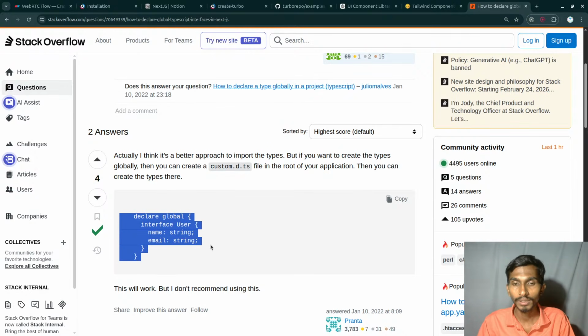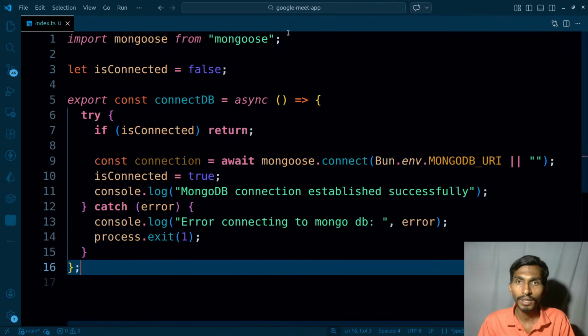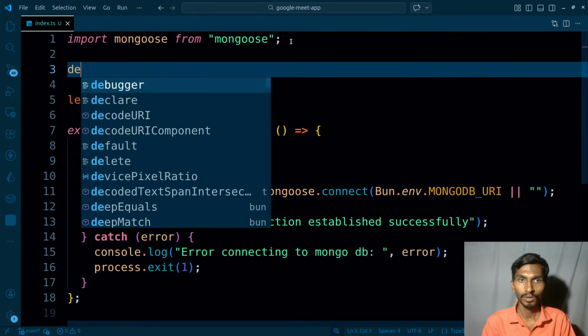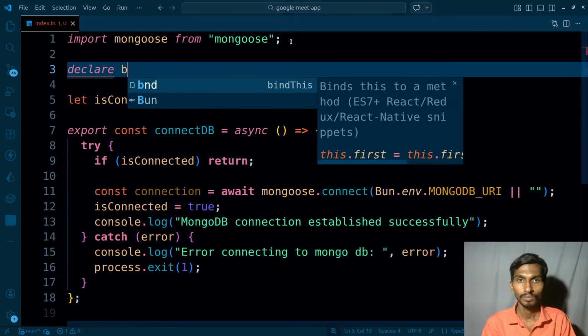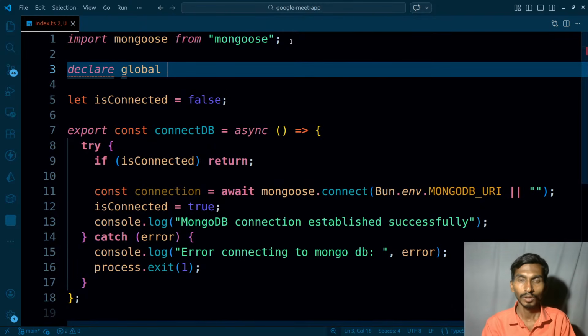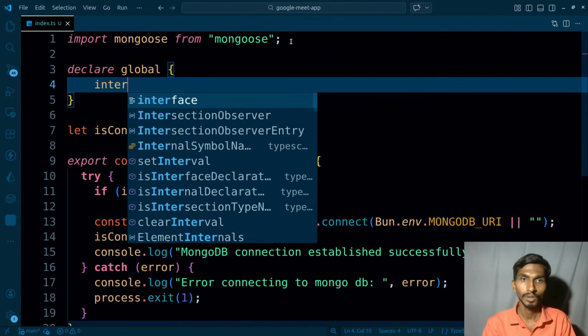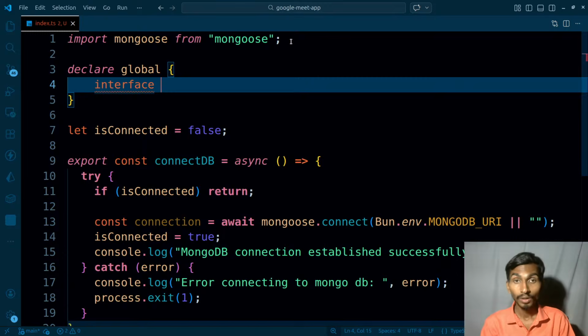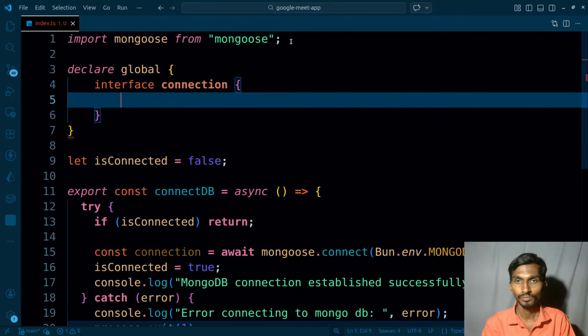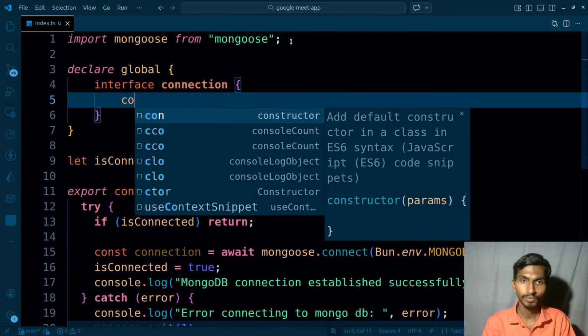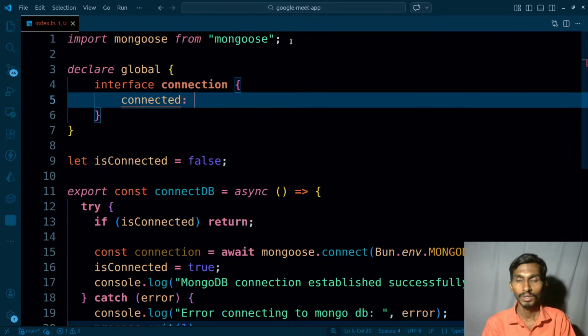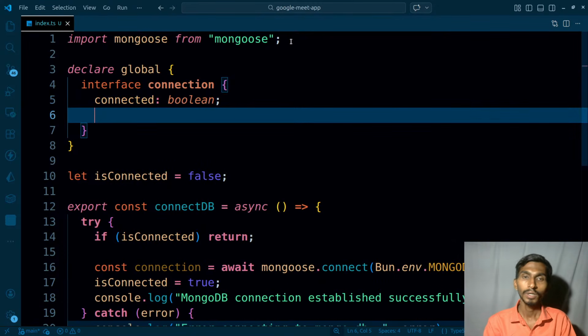Okay, global interface user. So can I do something like this? Declare global interface connection, and inside this I will have connected. That's gonna be boolean, and I will have